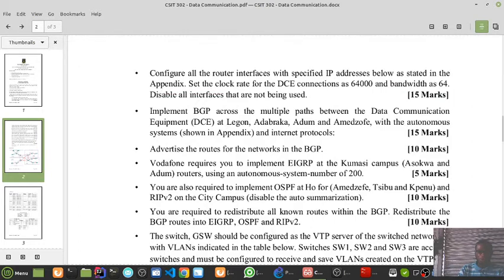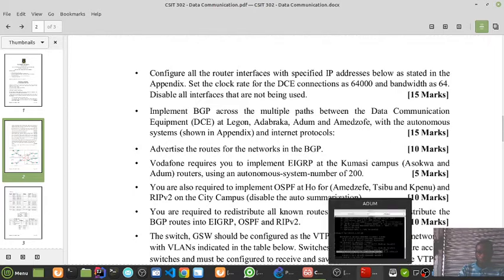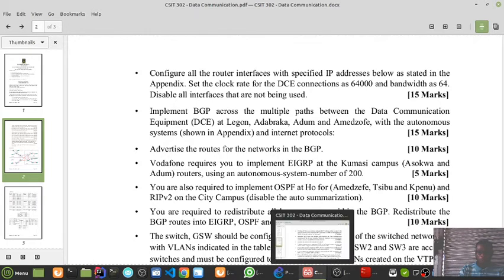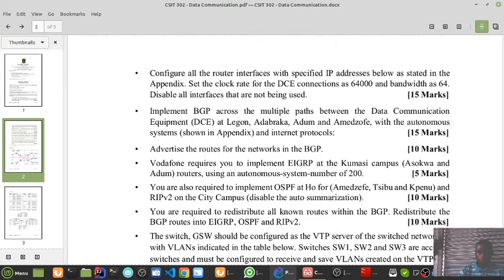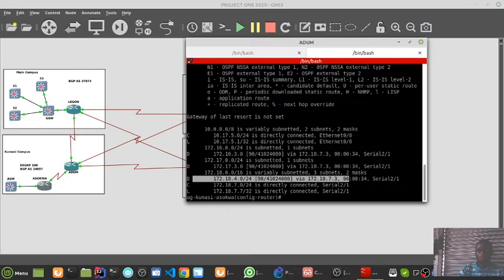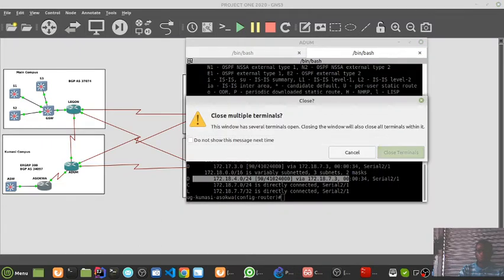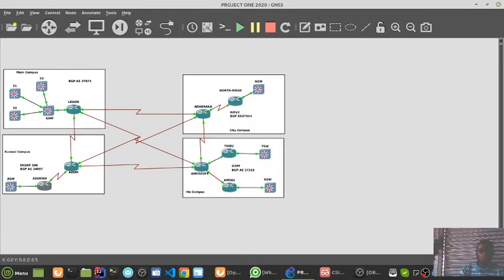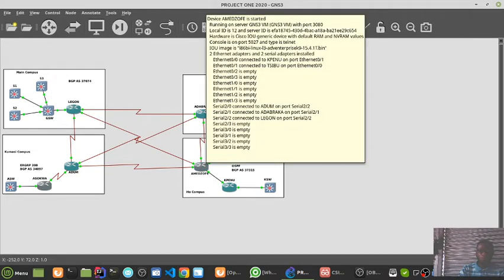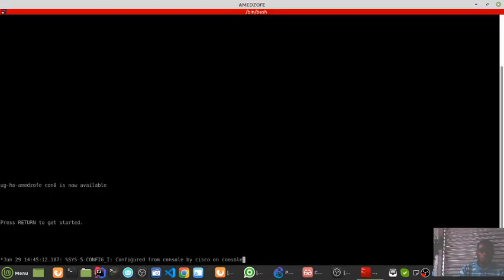Then you are also required to implement OSPF at Ho, Amedzofe, Tsibu, and Kpenoe, and RIP version 2 on Csit campus. We should disable all auto summarization. Okay, so let's go. Let's take it one after the other. So here, in Ho campus, we have to configure